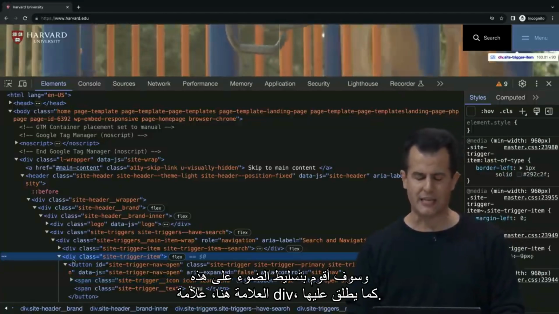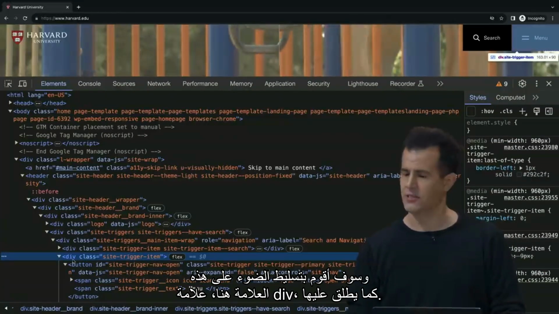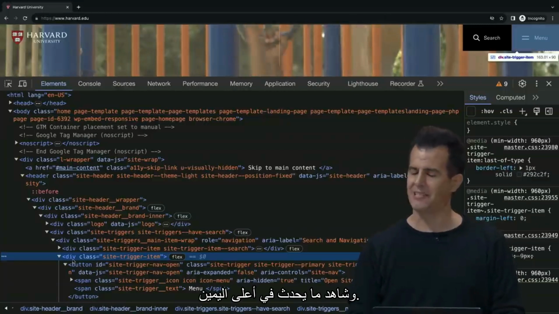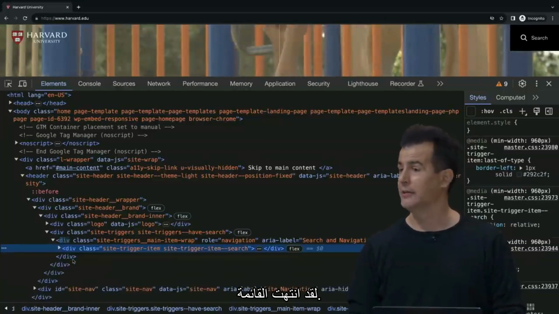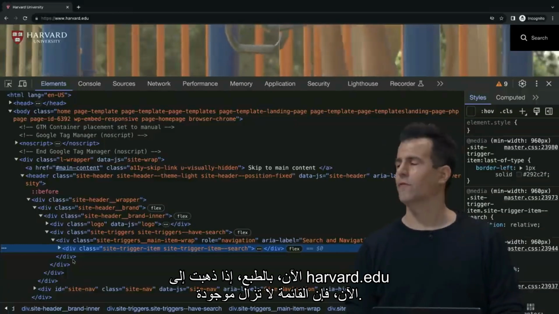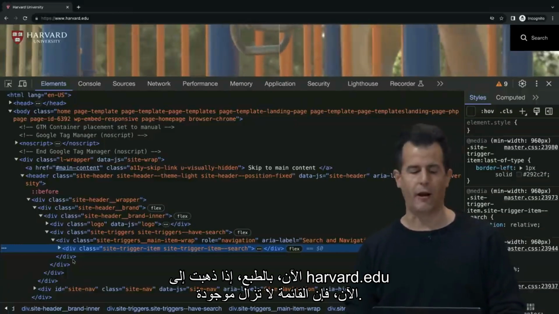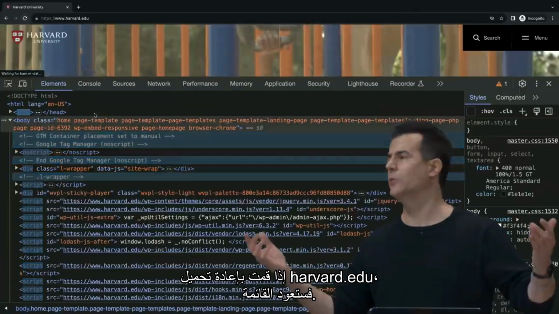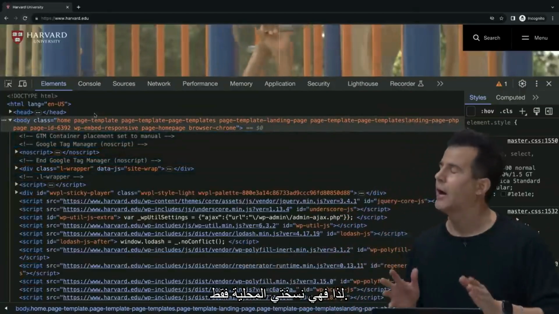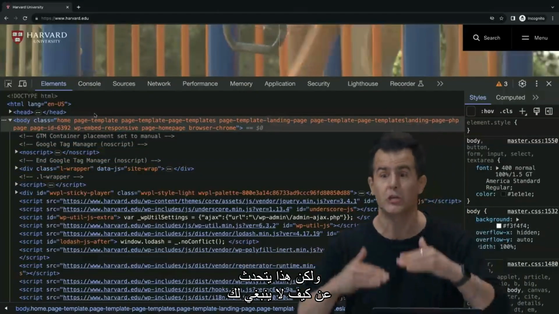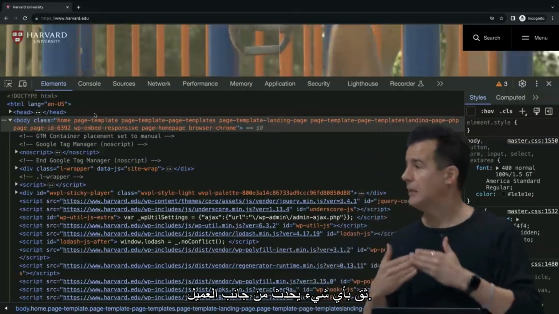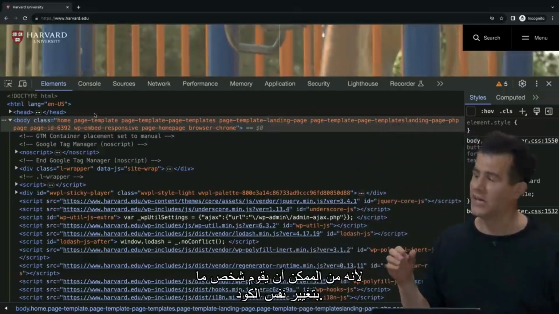And I'm going to highlight this tag here, div tag as it's called. I'm going to delete it. And watch what happens at top right. Gone is the menu. Now, of course, if you go to harvard.edu right now, the menu's still there. If I reload harvard.edu, the menu is back. So it's only my own local copy. But this does speak to how you should not trust anything happening client-side because someone can be mutating that same